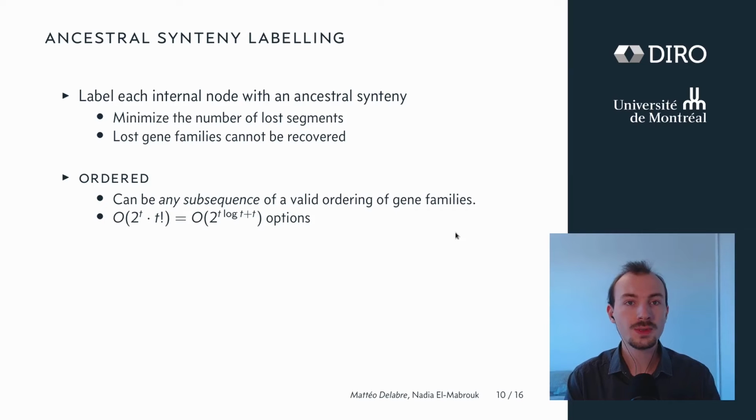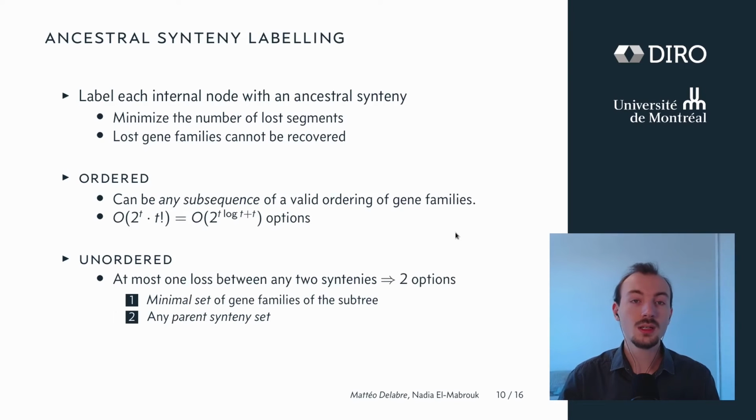In the ordered setting, we have no choice but to try all subsequences of all valid orderings of the gene families. This leads to a number of options in the order of 2 to the t times log t plus t. In the unordered setting, on the other hand, we only have 2 options,